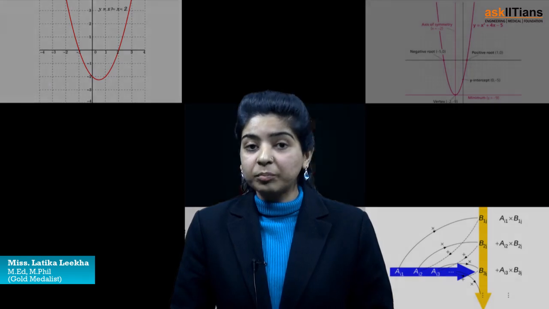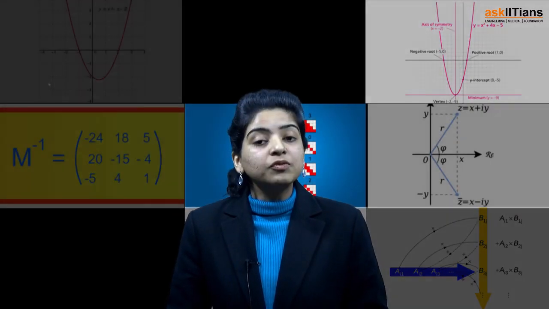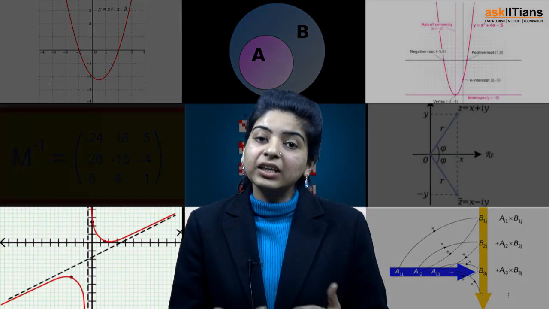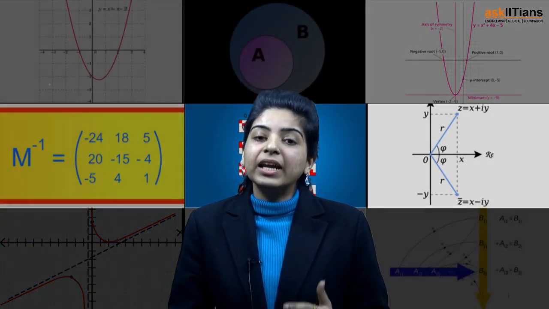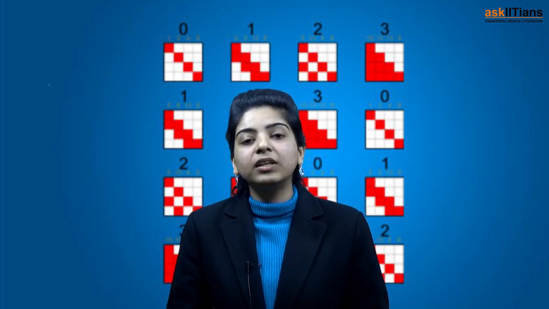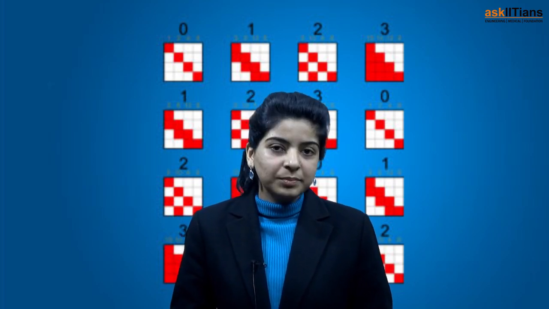So in this session, we'll discuss the addition and subtraction of two matrices. First of all, I'll be taking how exactly we add two matrices and then subtract two matrices, and once we are done with it, we'll switch to the properties of matrix addition, like the commutative and the associative law. So let's begin.